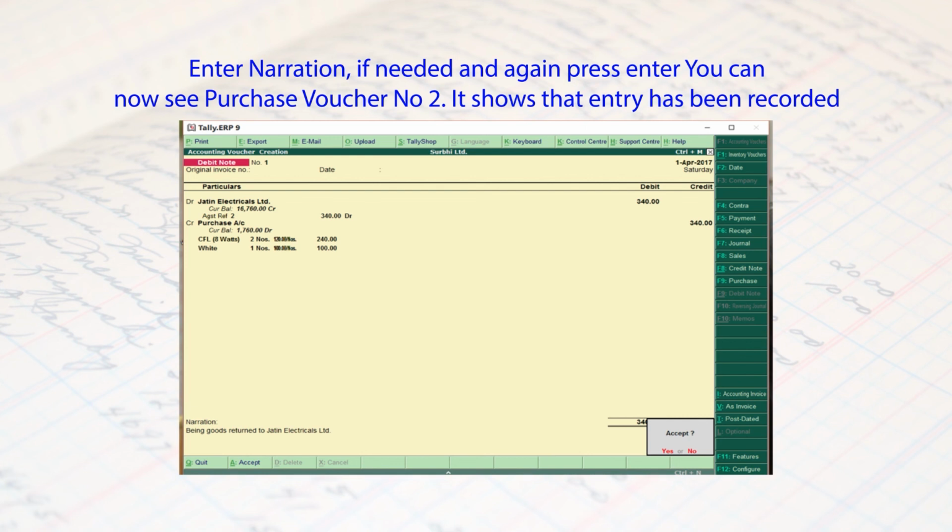With this, we have understood the vouchers. First, the general voucher. Then there is a sales voucher. With sales, we have the credit note voucher. Then there is a purchase voucher and the debit note voucher. All 5 of these vouchers are used commonly by the majority of business organizations or firms. I hope you have understood the creation of all these 5 vouchers.